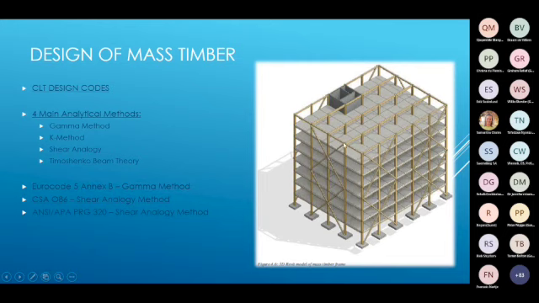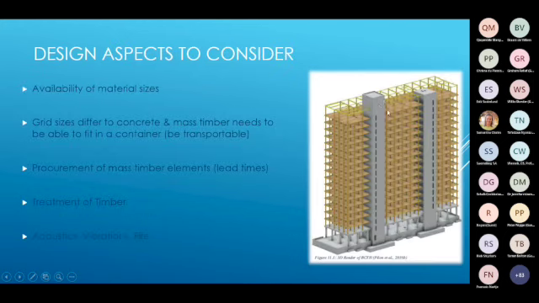I don't want to get too complex here, but the lateral stability in this system is provided by, in this case, a CLT core, as well as this horizontal bracing system. In the Brox Commons building, it was actually a concrete core which provided the lateral stability, but all of the remaining was mass timber elements. So to get back onto the availability of material sizes,